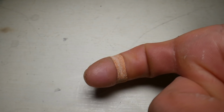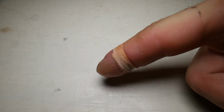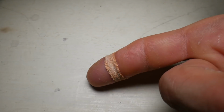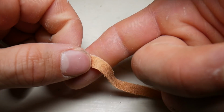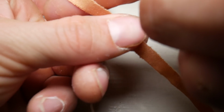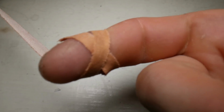A few people suggested a thin strip of tape like this, and I think later on in the recovery it can be pretty good, but I find early on it doesn't offer quite as much protection as I would like for the cut. I'll probably make a full video about taping tips in the future, as I think there's quite a lot to it, but the best method that I've found for taping this joint is to put a cross over it with a thin strip of Luco tape, and then essentially follow the cross down and cross hatch down